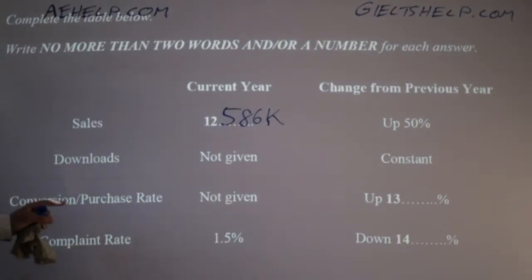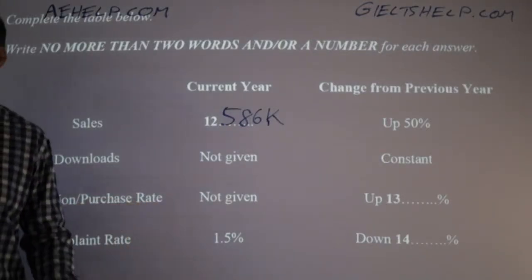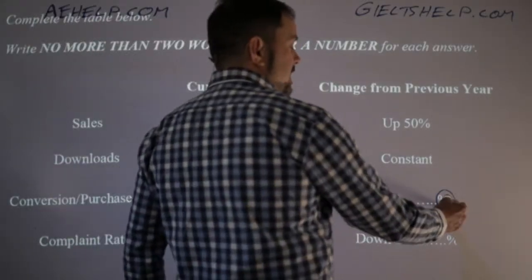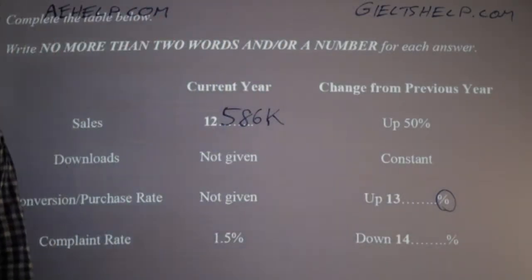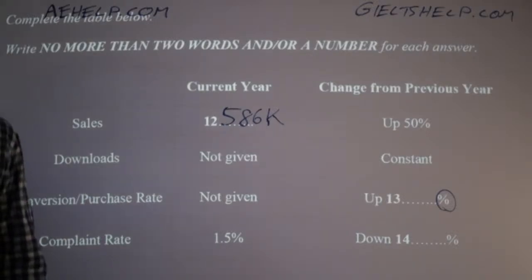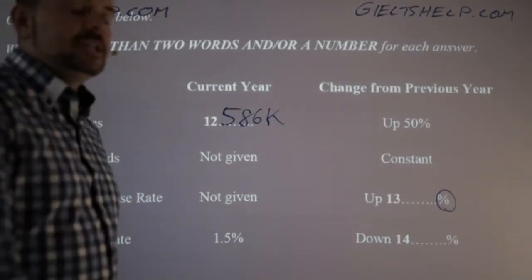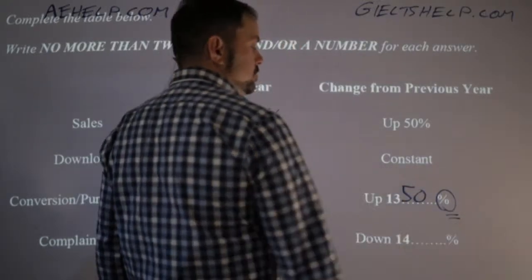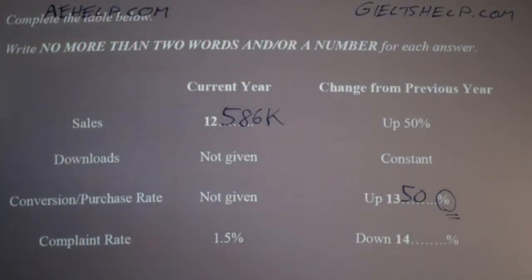So the conversion or the purchase rate is up by what percent? And here again, you have the percent, so you don't need to write that. You just need to write the number. Carolina, very nice. Just 50, okay? When the symbol is given, you do not need to repeat the symbol, okay, or the word. So 50. The complaint rate is